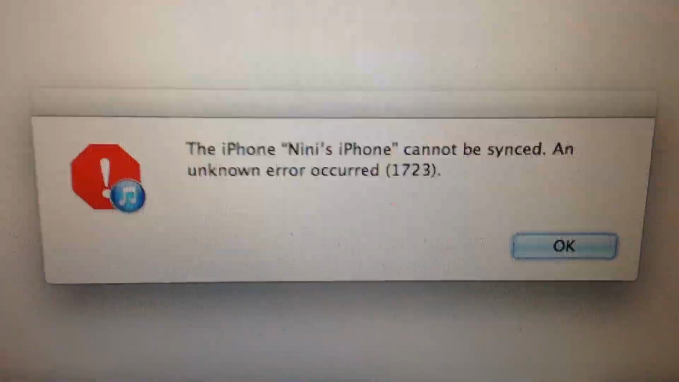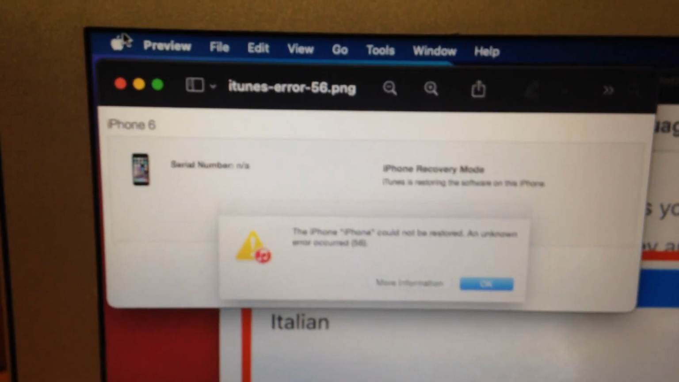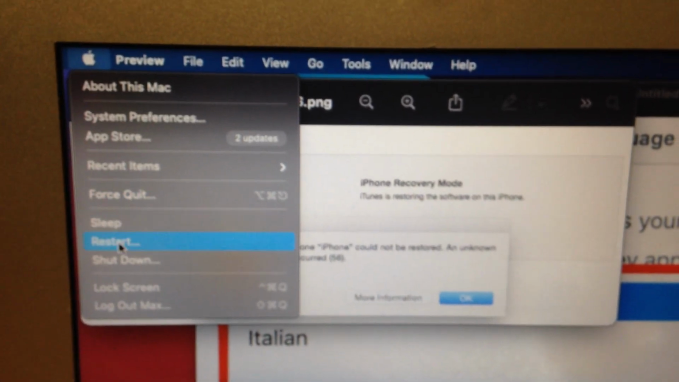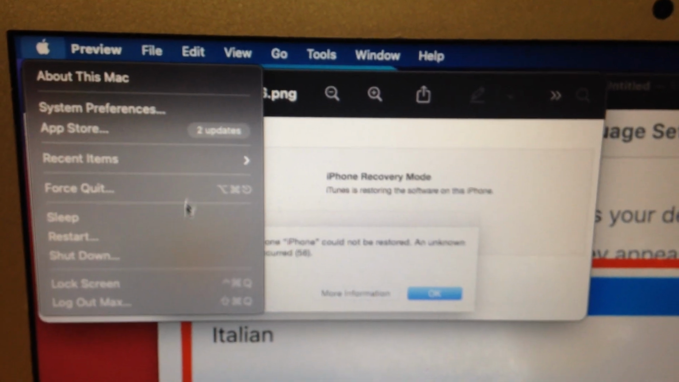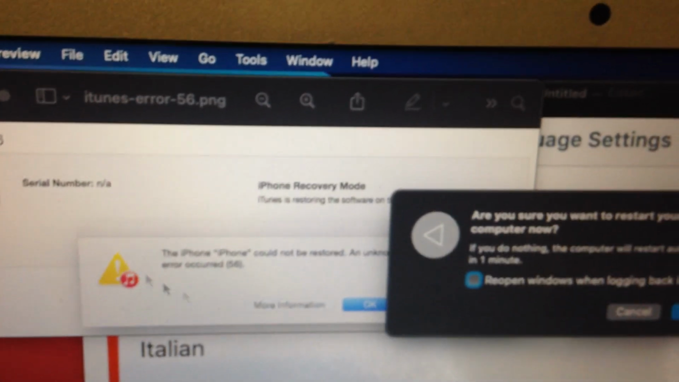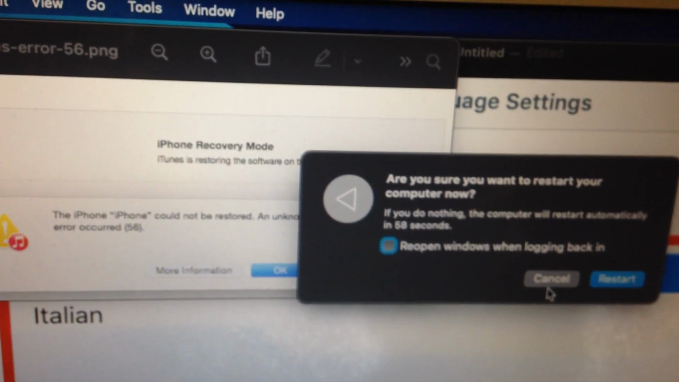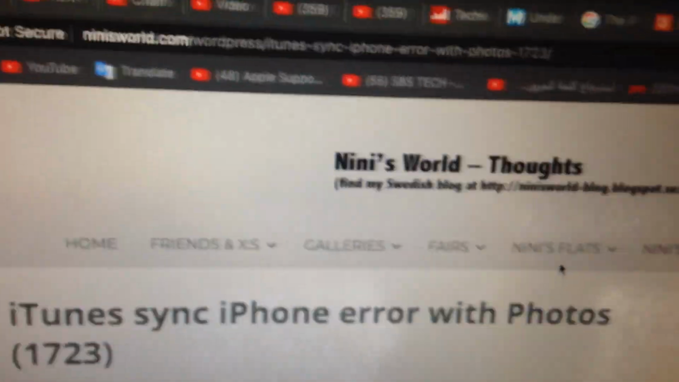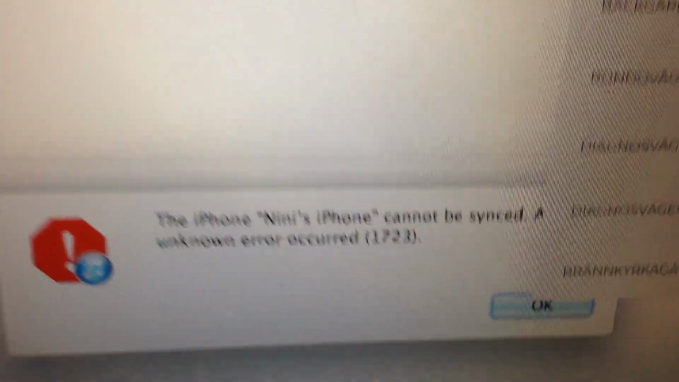If it doesn't help you, another way you can also try is just tap on the Apple logo, just choose restart and just submit restarting your computer. So if you still have this error, another way you can try is just